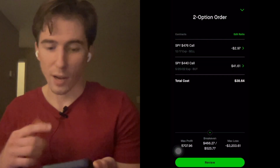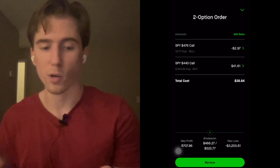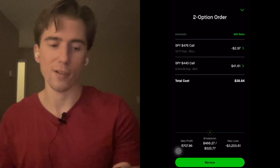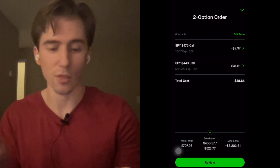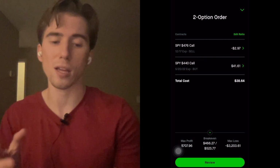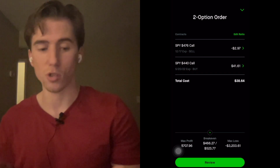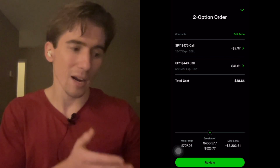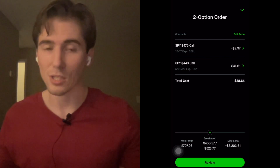So in total, we would be paying $3,864 for this trade, which actually isn't ideal because the distance between our two strike prices, 476 and 440, is $36. So you multiply that by 100, you get 3,600. So if our 476 call were to expire in the money to where we would get assigned to sell 100 shares of SPY at 476, and we had to buy 100 shares at 440 by exercising the 440 call that we're buying, we would actually come away with about a $264 loss,